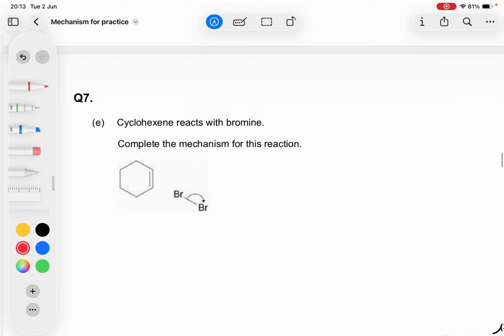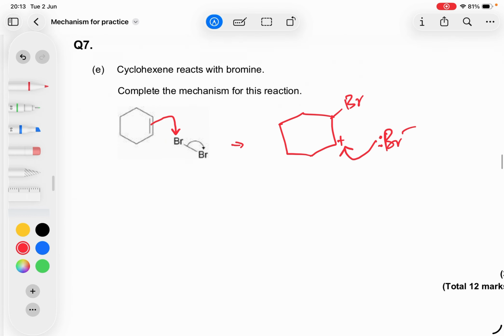A nice cyclohexene, the double bond attracts the bromine. You get an intermediate here of Br plus, and then the bromide attacks the plus, an example of electrophilic addition. Now, what about